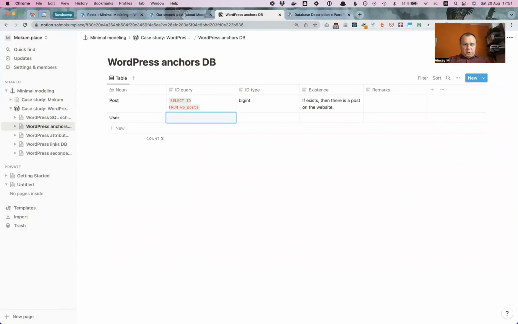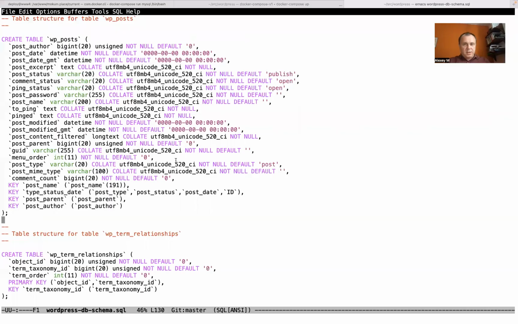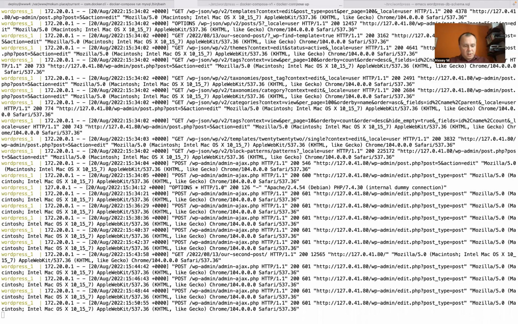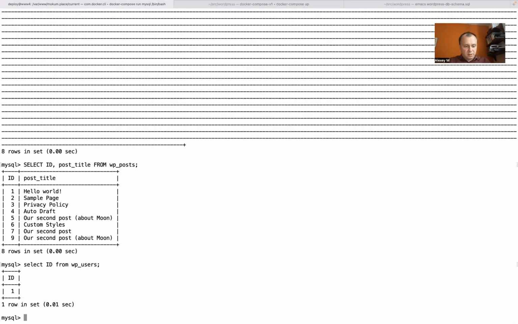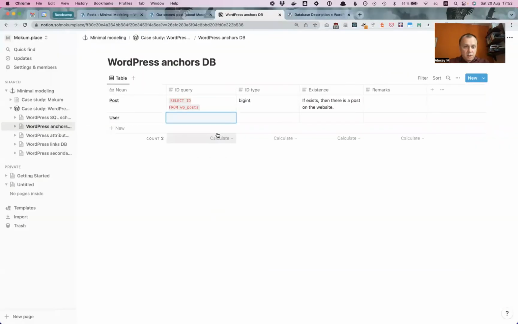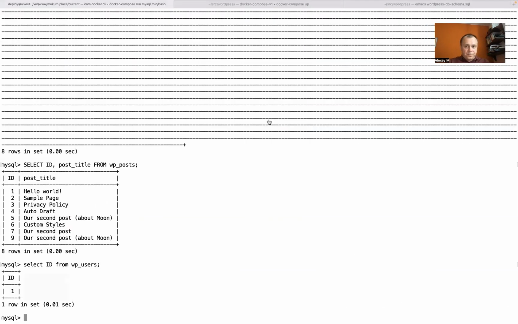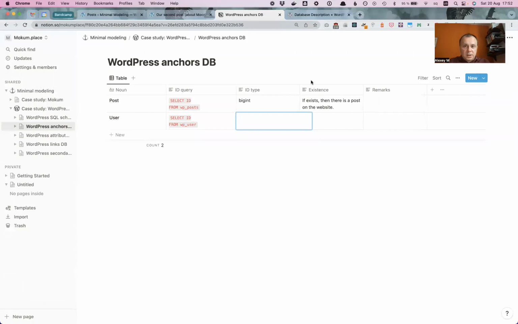The noun is going to be user. The ID query is going to be select ID from WP users, right? Right. We have one user. It's probably me. From WP users, we can see that